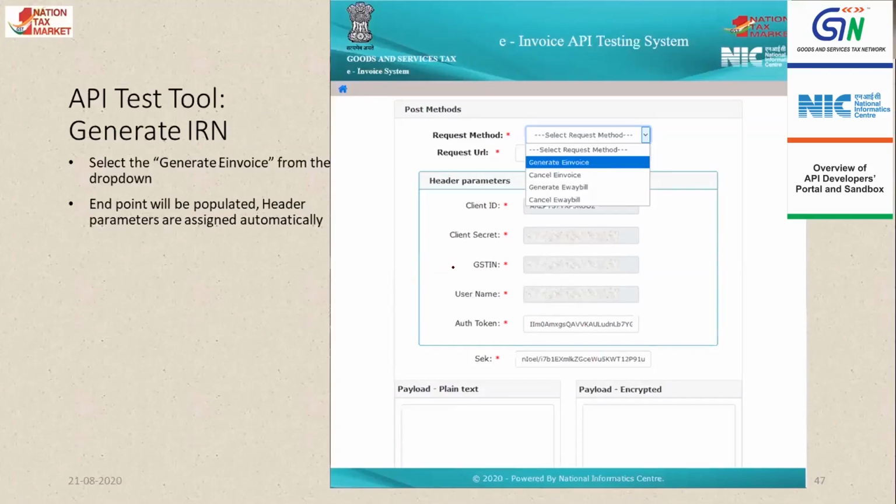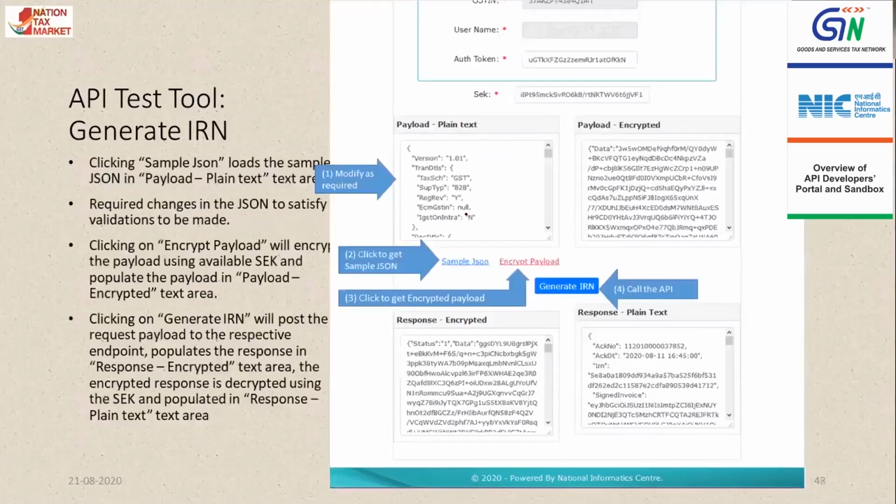On click of the sample JSON, we automatically populate a sample JSON here, and the user has to modify certain attributes to satisfy the validation of the IRP system, such as the logged in user's GSTN should be the same as the supplier GSTN, etc. And the date of the invoice should be as of now, today or yesterday. So these kinds of things have to be modified here.